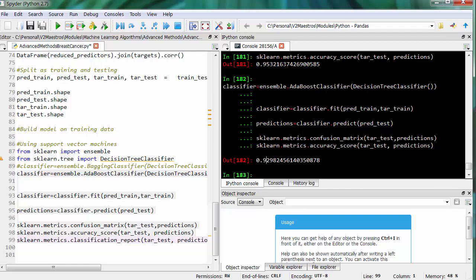So anytime you want to do predictions, it is always a good idea to try a number of algorithms and then compare them based on their prediction level, their accuracy levels, and how long they take to execute. Everything that you've seen in the exercises here only executes for a small amount of time, and that is because the data set is small. In the real world, your data sets are going to be pretty large, so they may take a lot of time. So you have to look at both accuracy as well as the time it takes in order to decide which algorithm you should be using for your specific use case.